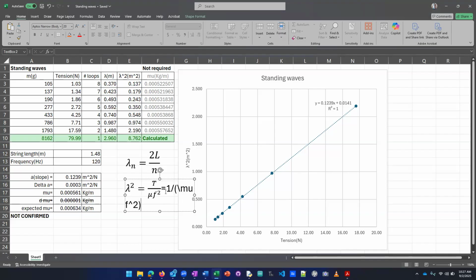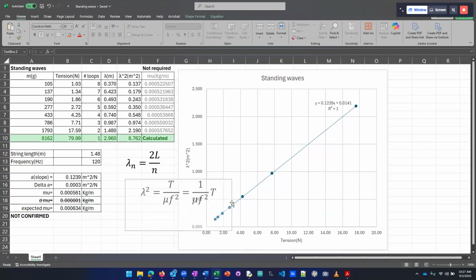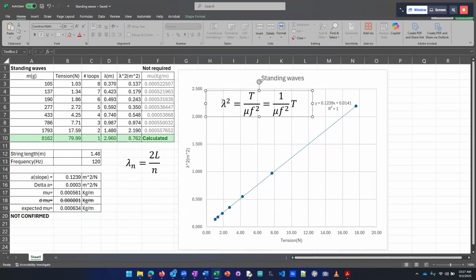squared. Oh, I see. I got it outside of the formula. Okay, here inside the formula. Right, that's good. Times T. Okay, so let's resize that a little and move it to some other place. Okay, that's better. So what I'm looking at is the square of the wavelength is proportional to tension, and